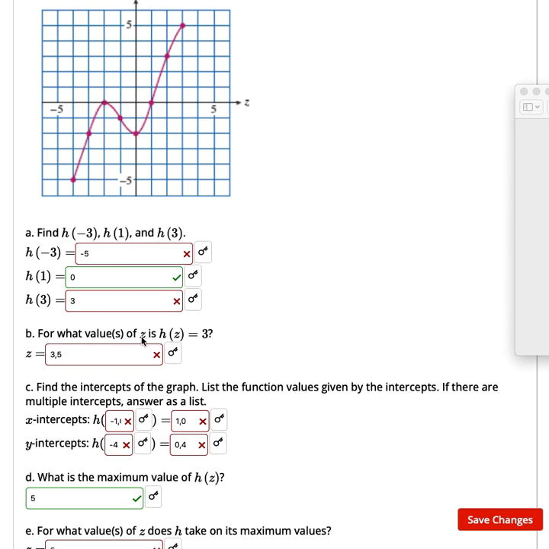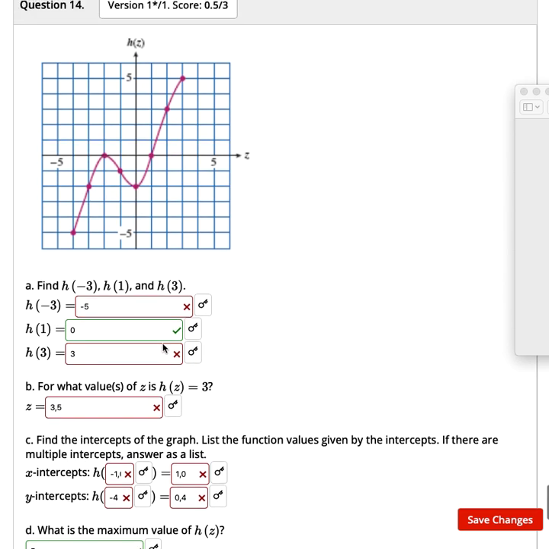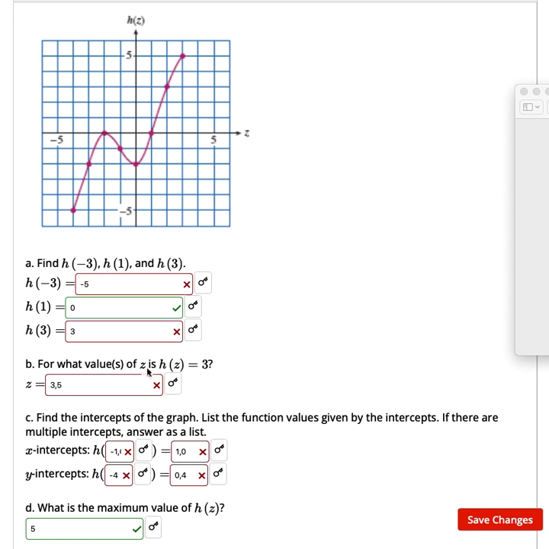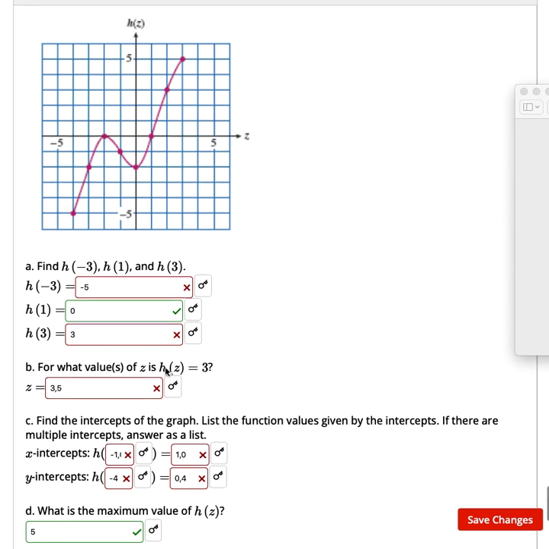For what values of z is h of z... Oh, sorry, those should have been, I said x that whole time. They're actually z's, but same idea. For what value of z is h of z equal to 0? So when we're talking about h of z equals 0, that means h of z is like the y. So this is saying what values of the input, I wish they had just used x, makes the output, the